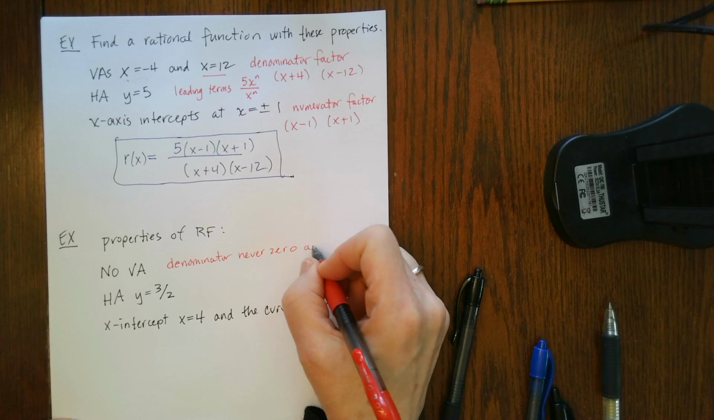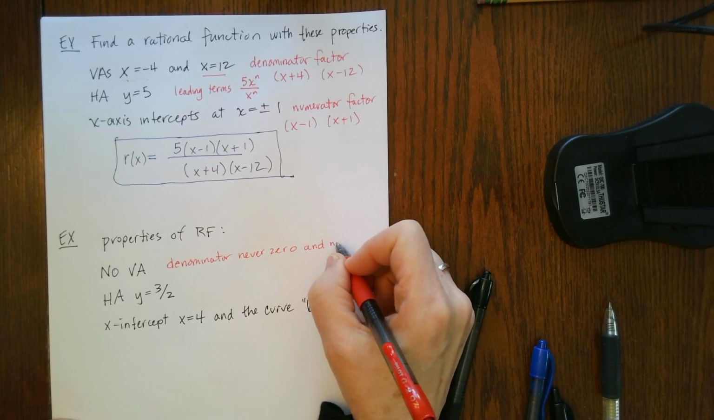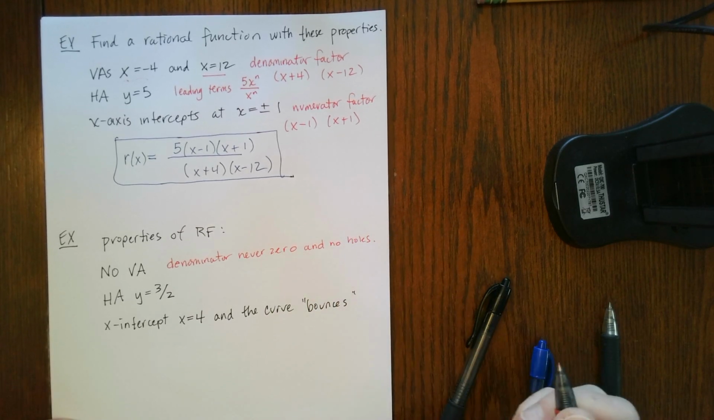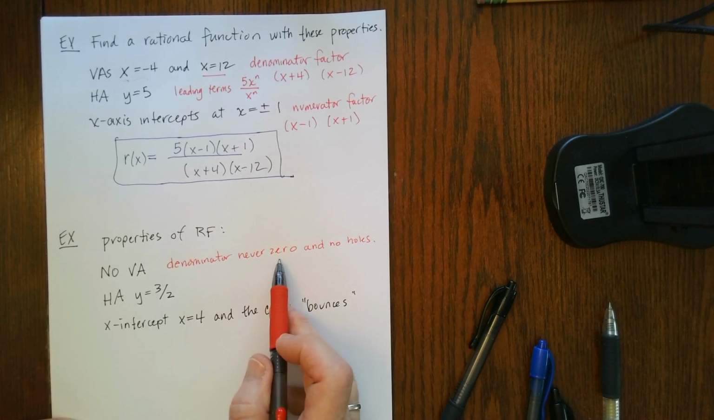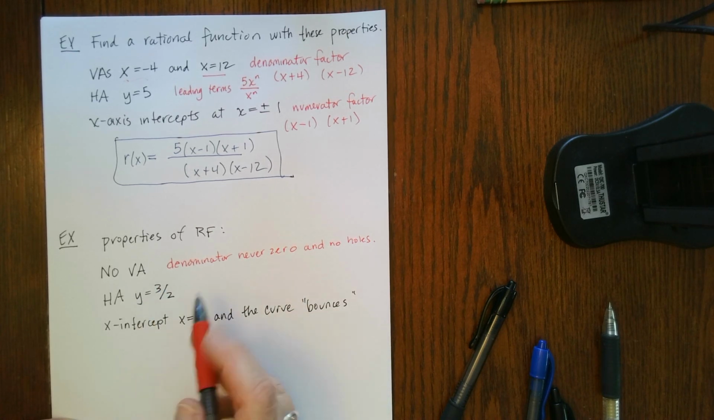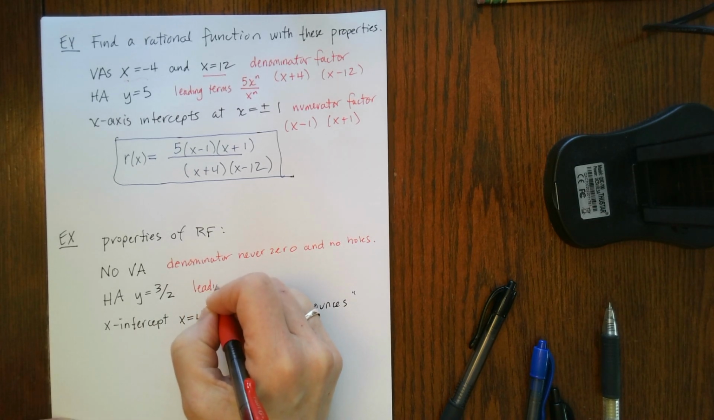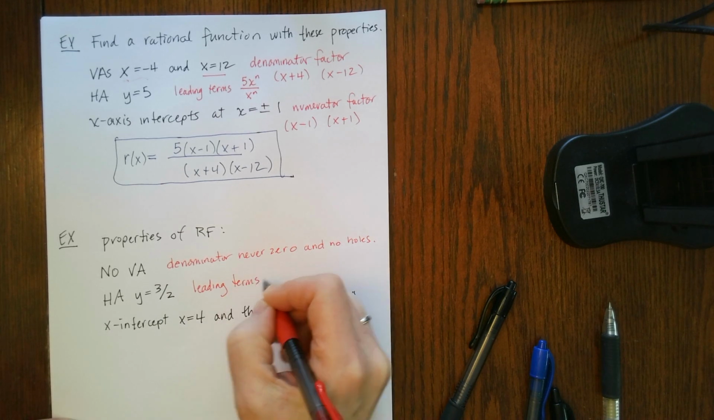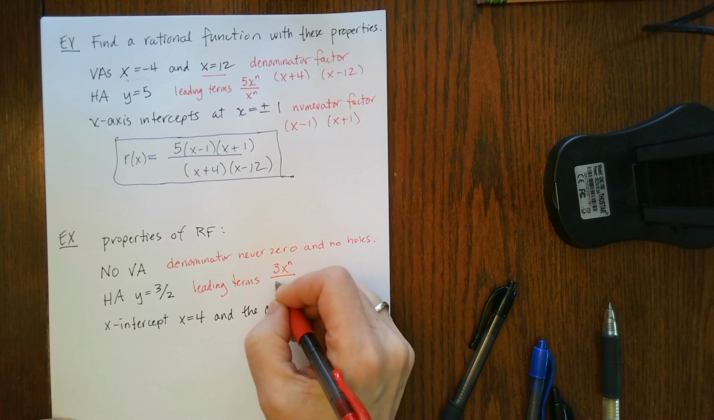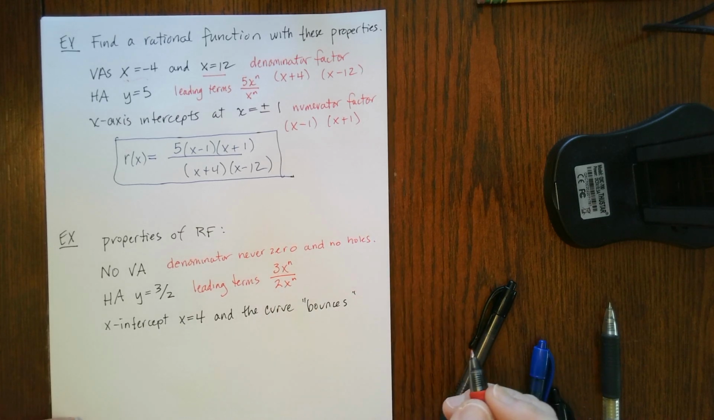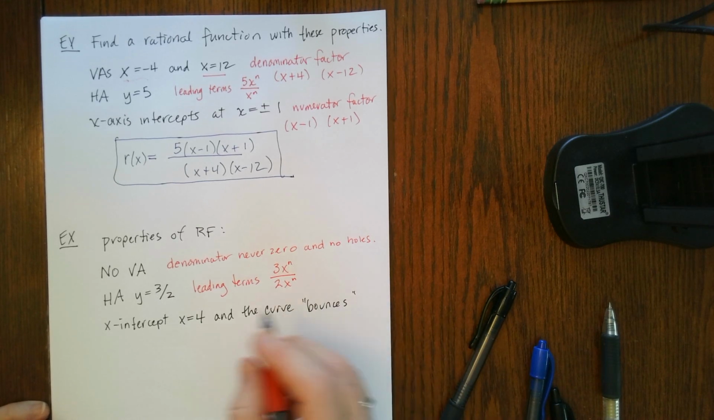And also note that there are no holes. So you also need the property of no holes and no vertical asymptotes to say that the denominator is never 0. If the horizontal asymptote is y equals 3/2, then that means that our leading terms are going to be of the form 3x to the n divided by 2x to the n, and then an x-intercept of x equals 4 means that the numerator